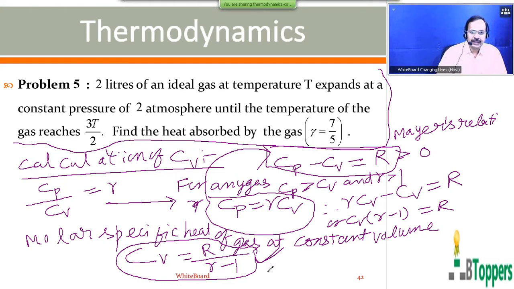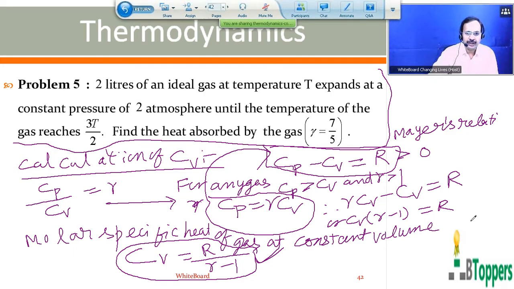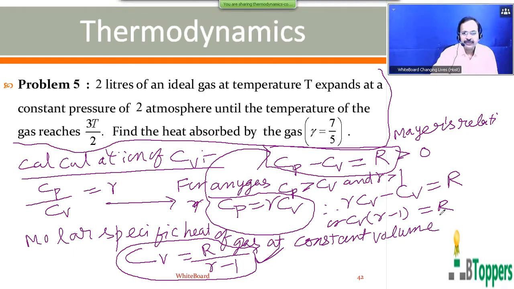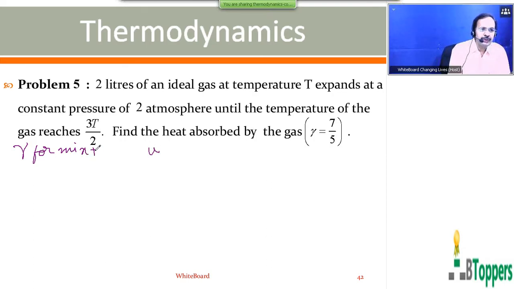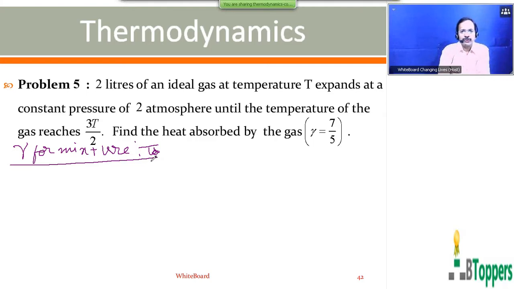So next I am going to discuss how we can calculate the value of the molar specific heat at constant volume for a mixture of 2 non-reacting gases at the same temperature, and how to find gamma for the mixture of the 2 gases. Please concentrate only on listening. Don't write running notes when I am explaining. I will show you the notes separately.